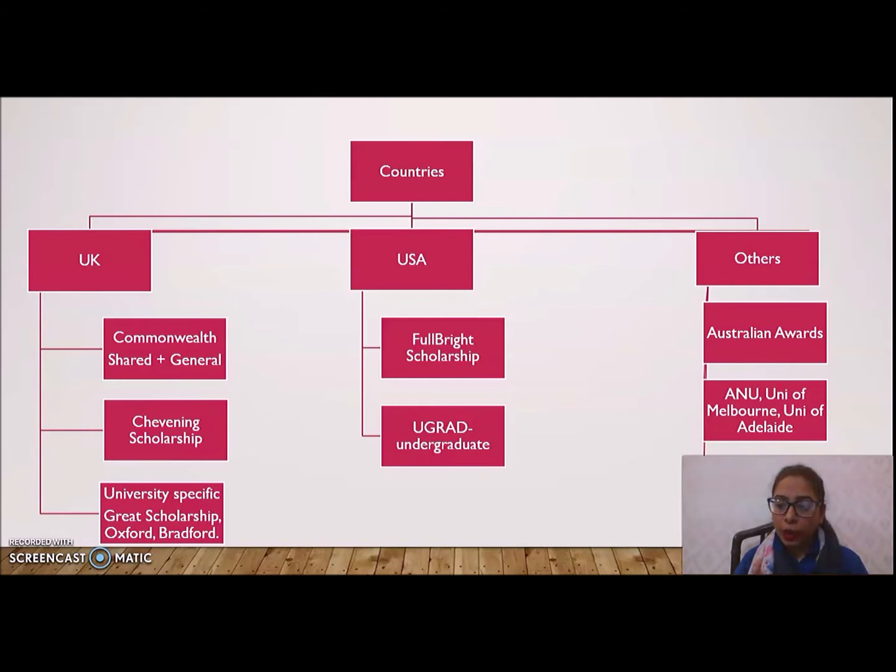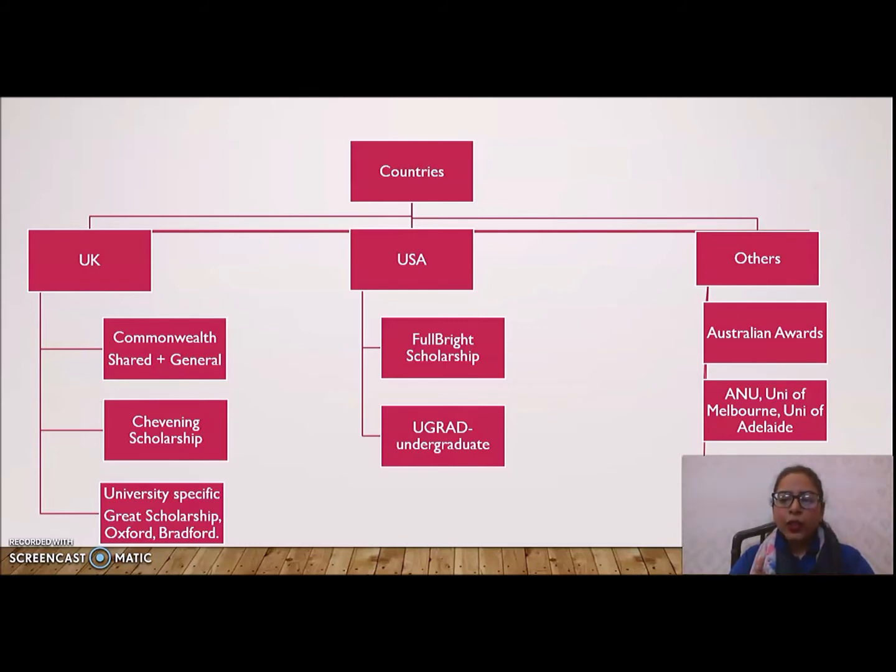I've not mentioned one more. There's the YES program. Before your bachelor's, when you're in 10th grade, O levels, you've done your O levels or your matric, you can still go to a high school in America for 1 year on a fully funded scholarship, and that's called the YES program. So I think if you go at this level, at your undergrad or before that, you get a basic idea of what you need to do in the future. So I really recommend people to apply for these scholarships.